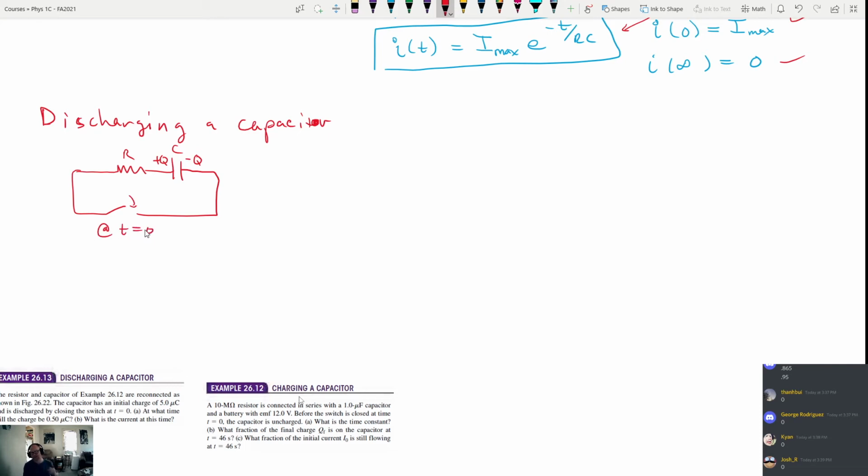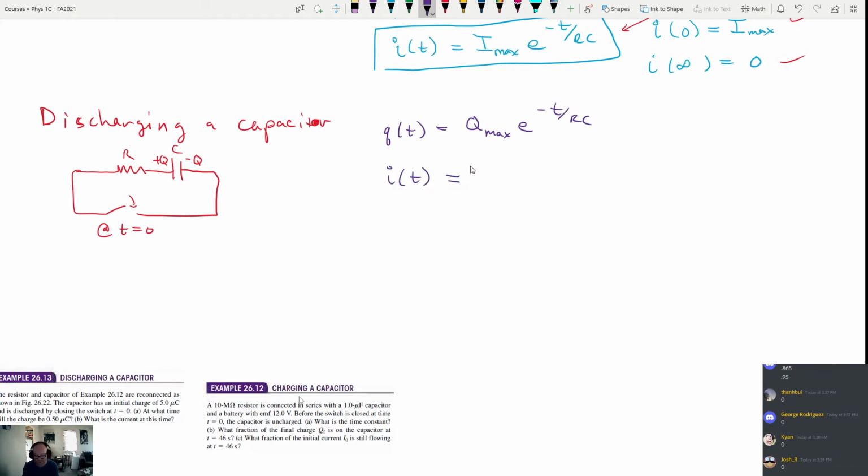Given that, so that the capacitor is now going to act like a source, the result that you get is a little bit different, although not that much different. Now what you're going to find is that Q of t for the capacitor is going to look like this. It's going to be Q max e to the negative t over RC, and I of t,